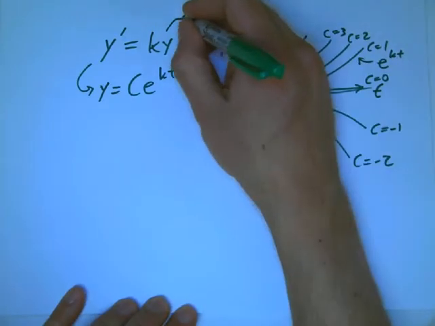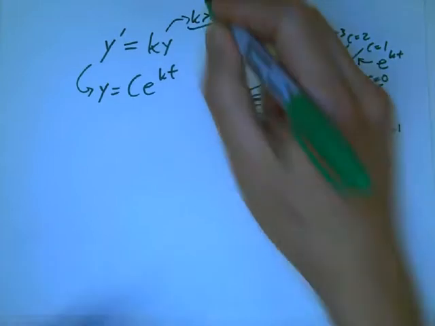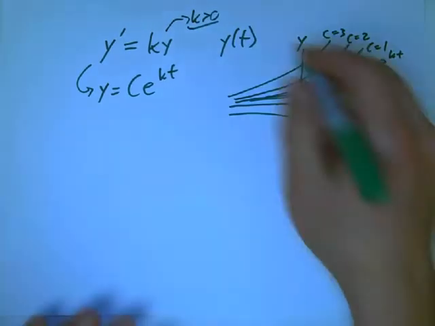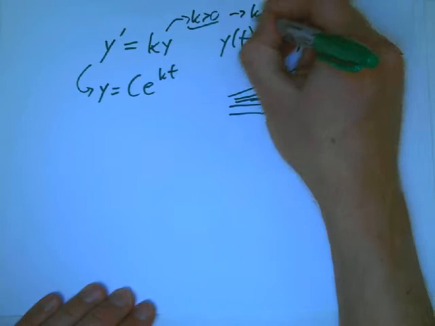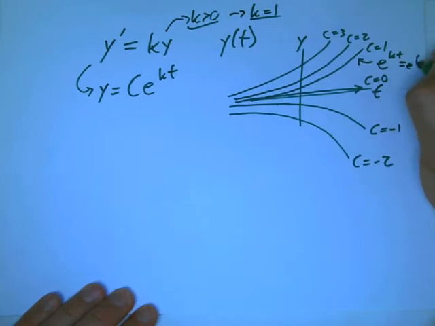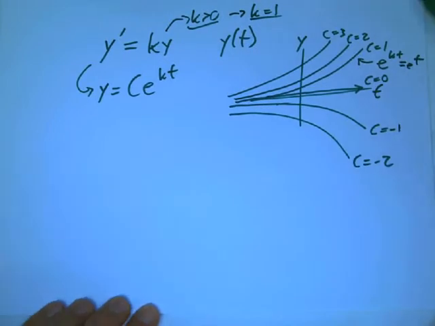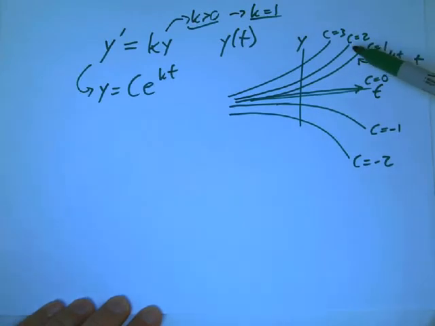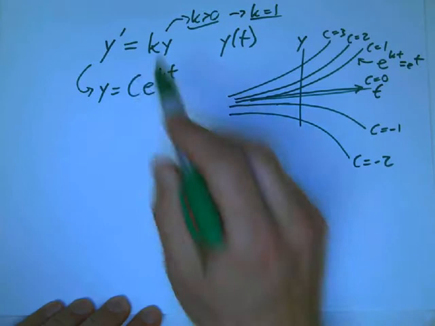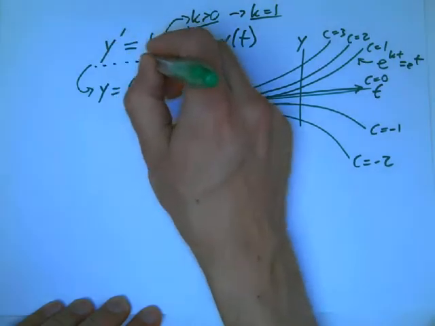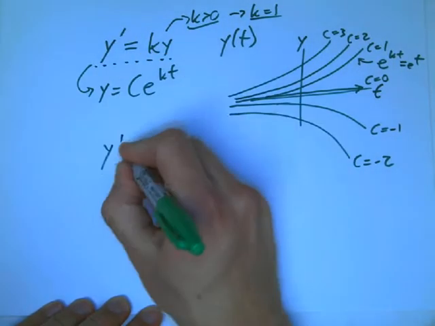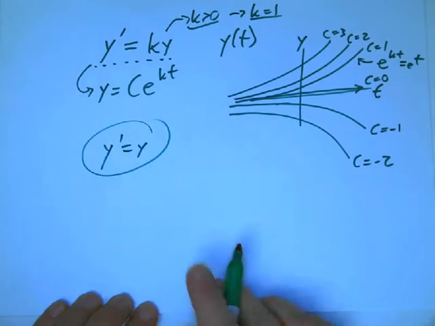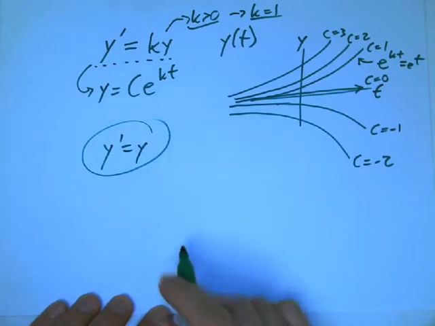Now, let's be a little more specific and say k is greater than 0. Or even, to be really specific, maybe k equals 1. So maybe this is e to the t, and not e to the kt. Then this is a very familiar function, the exponential growth function. Let's see if it really satisfies this equation graphically. What does this mean if I just look at y prime equals y, the most basic version of this